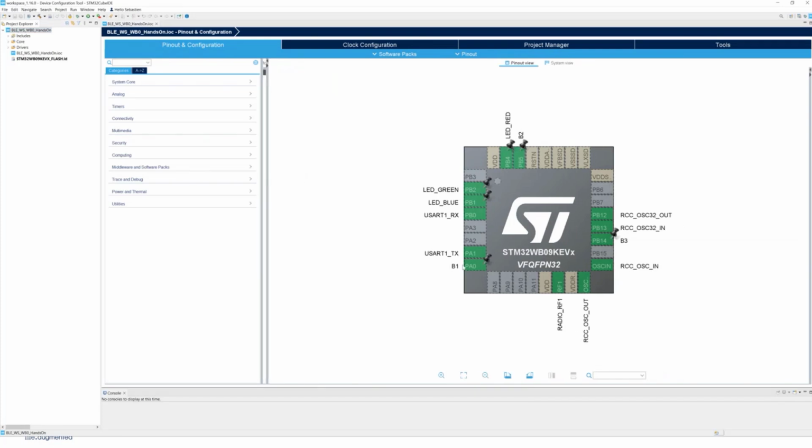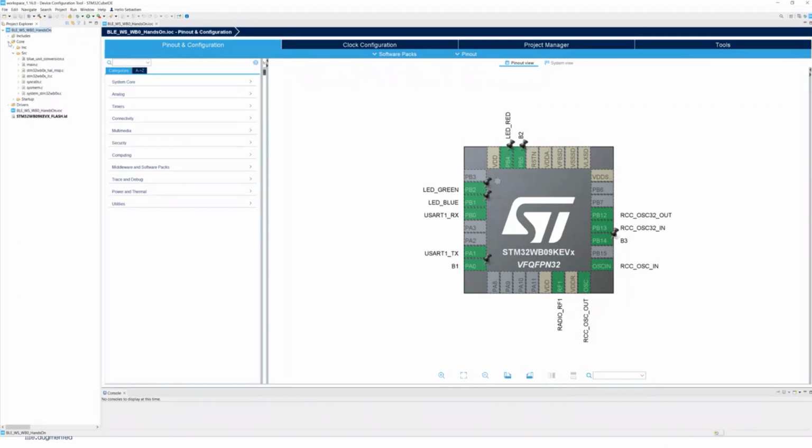When I open this file, as you can see, I already have some GPIOs that are already initialized. I initialized this one as a GPIO output for a LED. Same for this one, same for this one. We have 3 LEDs. As well, we have the oscillator configuration, and we have the USART. That's all we have here.